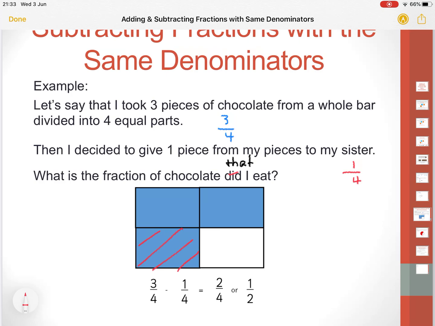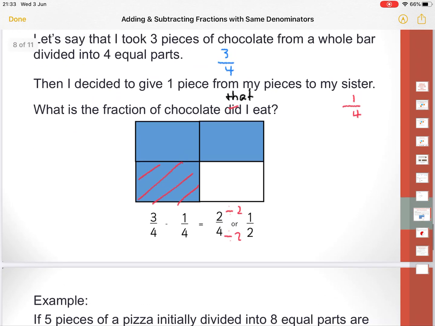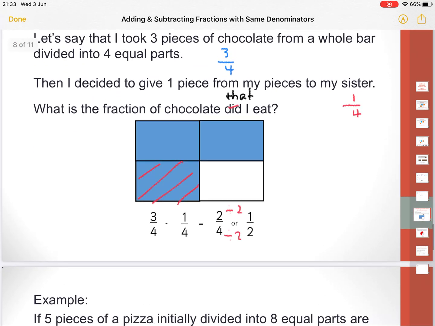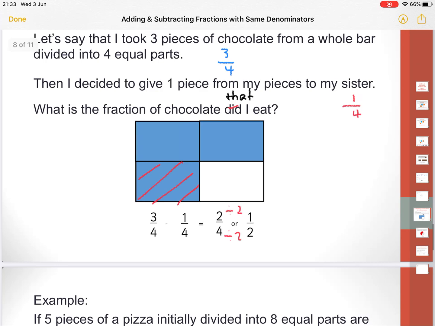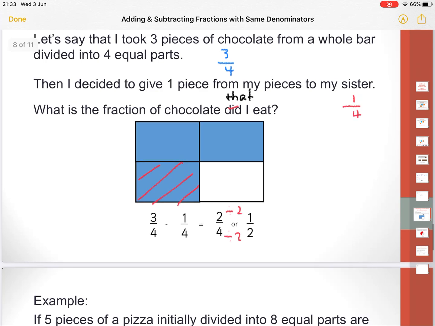Look at the diagram, boys. I remained with 2 parts out of a total of 4, 2/4. And 2/4 can be cancelled, all right? I can divide top by 2 and bottom denominator by 2 to be equal to 1/2. What is happening, all right? So when denominators are the same, all right, I just subtract